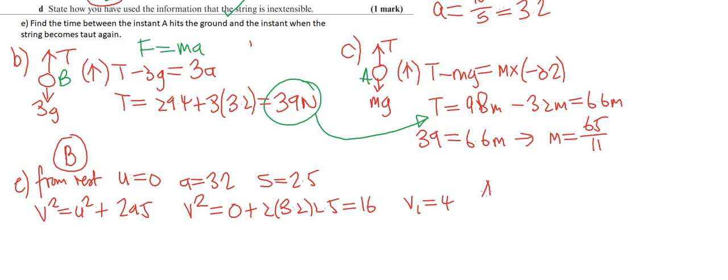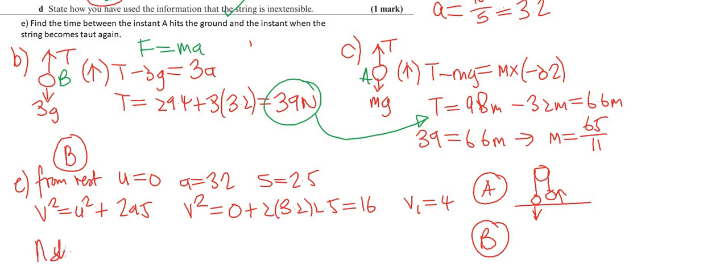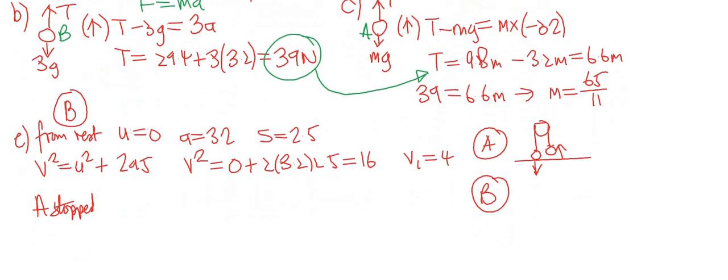Okay, now we need to do part B. So basically what's happened here is that there's our pulley, there's B, there's A. So A is going down and it hits the ground, and B is going up. We have just worked out that point where A hits the ground and B has moved up to this point here. So now we need B. So now A has stopped. Now the only thing making B move